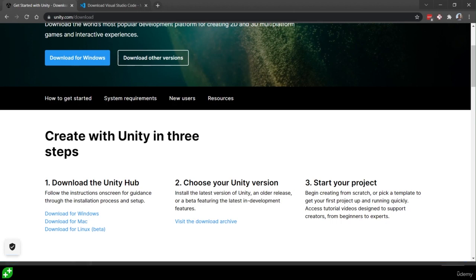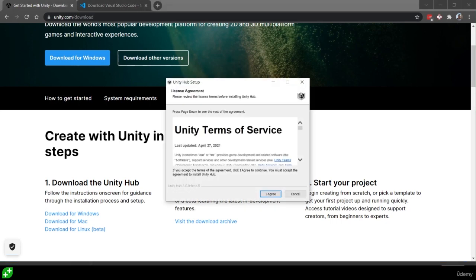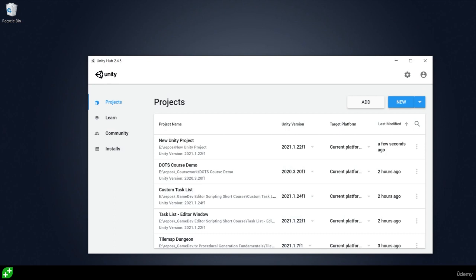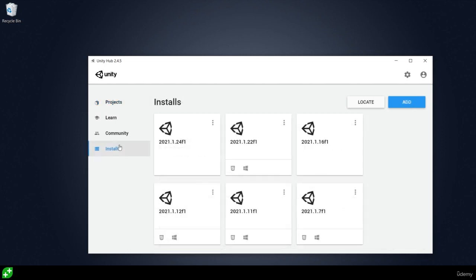With that downloaded, let's go ahead and click on it to open it up. This will then take us through the license agreement and a very standard software install process. And once you're done, go ahead and open up the Unity Hub and you should be presented with a hub that looks something very similar to this. Down on the left-hand side, we have a few different tabs. We have one for all of our projects, which are all of our Unity projects that we've created. And right at the bottom, we have our installs, which are all the Unity versions we've had installed on our